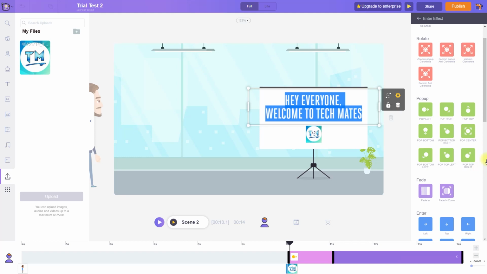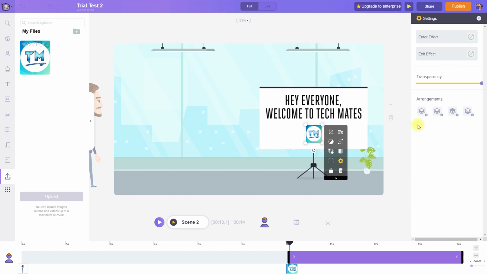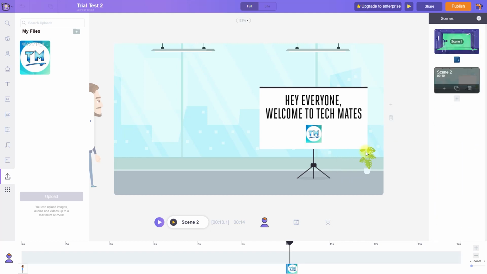What I don't like about these effects is that we can't preview these texts before adding them. So that's something that's quite frustrating, and for someone who is a beginner of this platform, it can be frustrating because you can't see which effects you want to add. So yeah, let's add the pop effect, and let's add the same effect to this. I think text formatting options such as text background color or a text shadow option could have been added, because for animations they are very basic formatting options and they are not really advanced options.